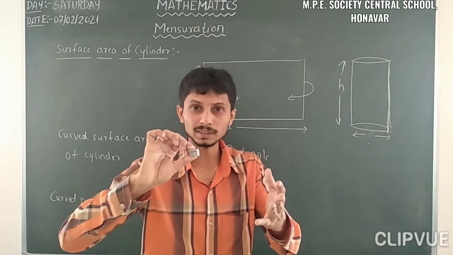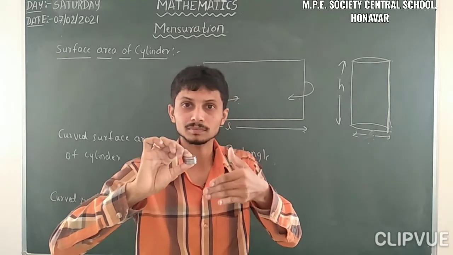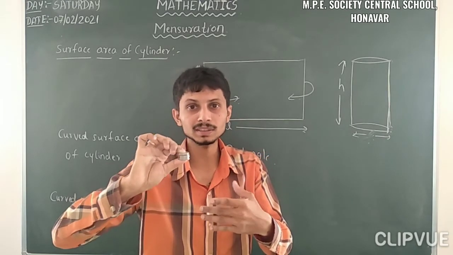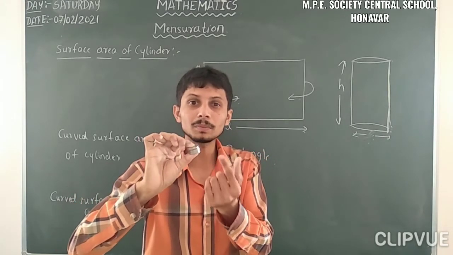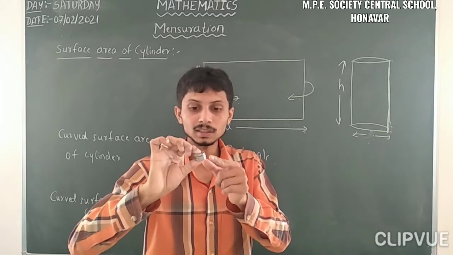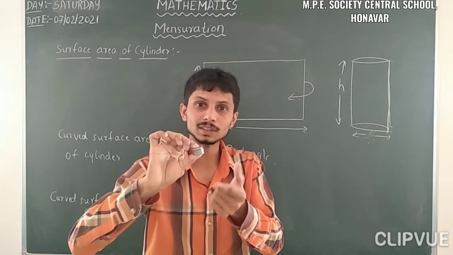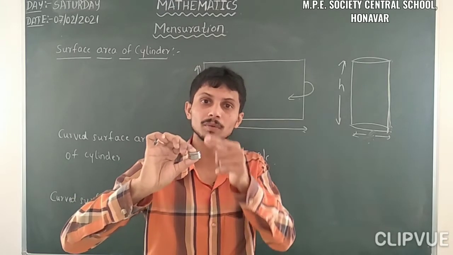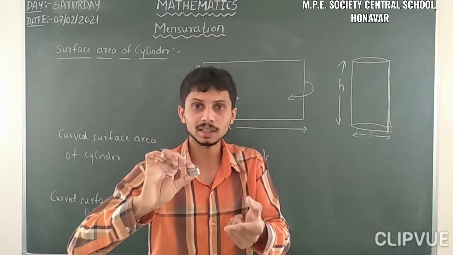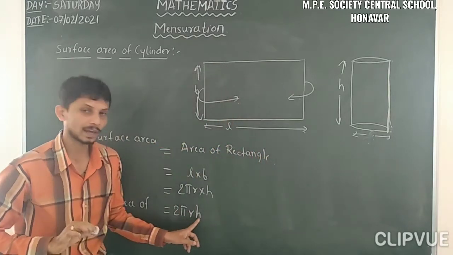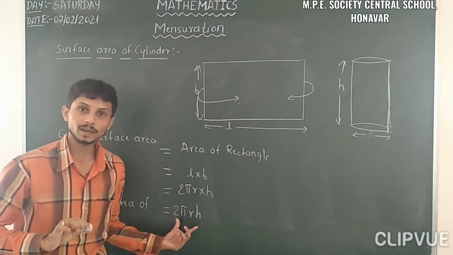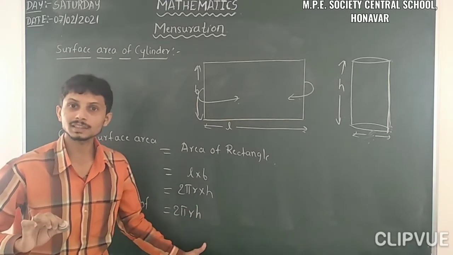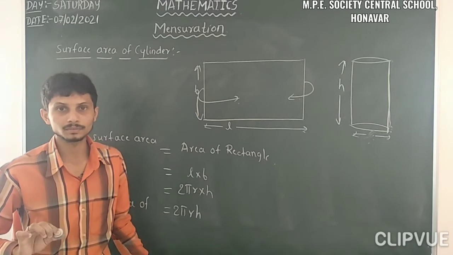So some number of points are there. That means that is nothing but height. So the number of coins is nothing but the height of this cylinder. Here each unit will be the circumference. That is, each unit is the circumference. What is the circumference of the circle? 2 pi r, into the number of turns, the number of coins, that is nothing but h. So here we have 2 pi r into h, that is, 2 pi r h. The h is nothing but the height of the cylinder.